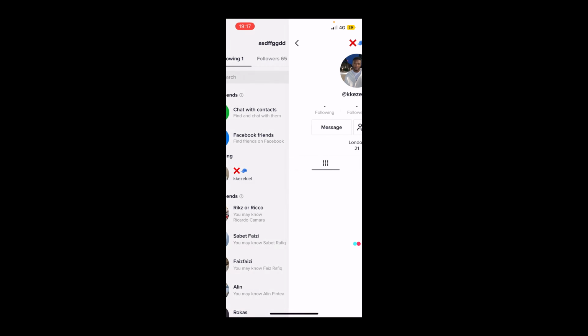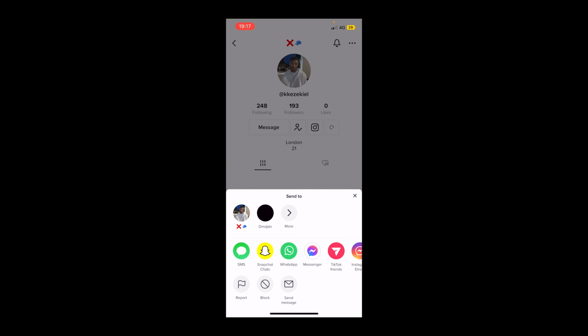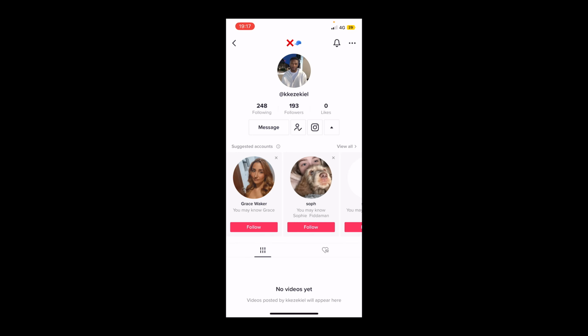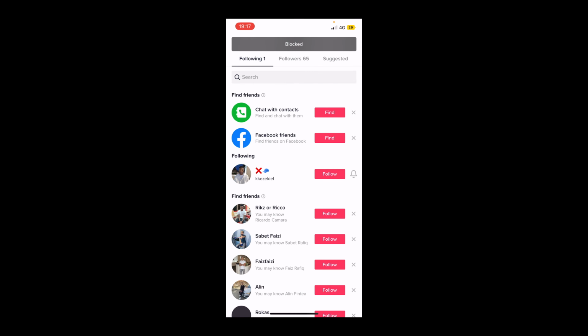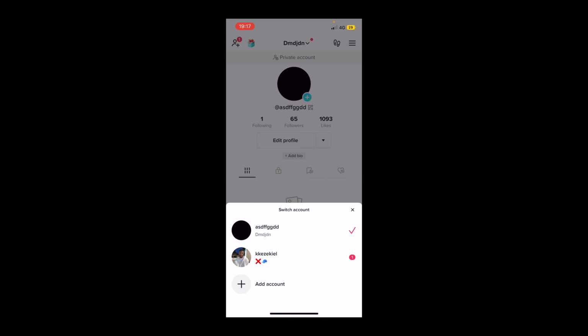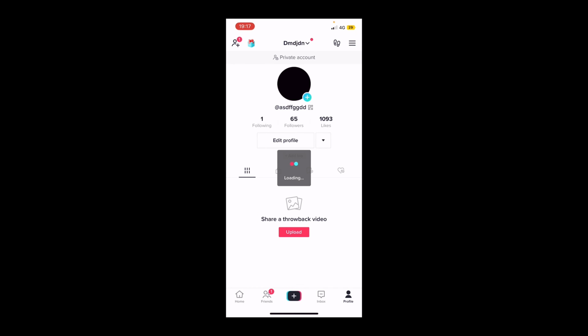So you guys can know for sure that when you do block someone, you will be removed from the profile views list instantly. So going back to the account, you will see that I've disappeared. Now, one thing to say here is just because you viewed their profile doesn't mean you have to go ahead and block them. For instance, they may not have had profile views turned on, meaning that even though you have viewed their profile, they can't see it.